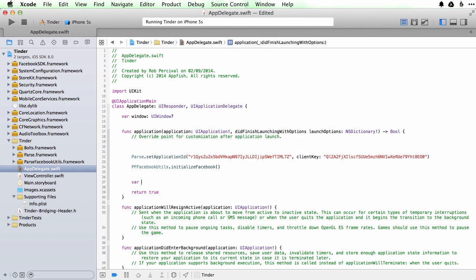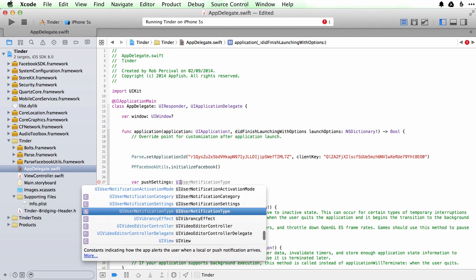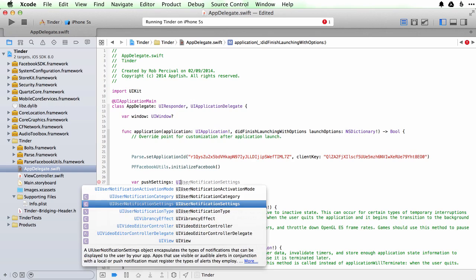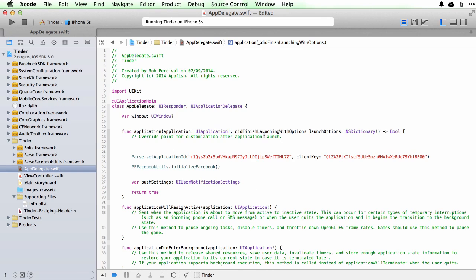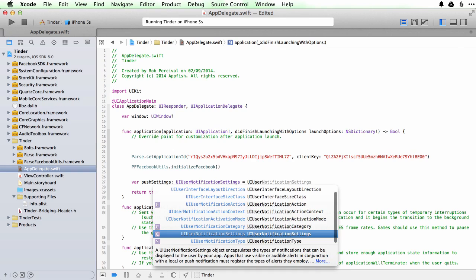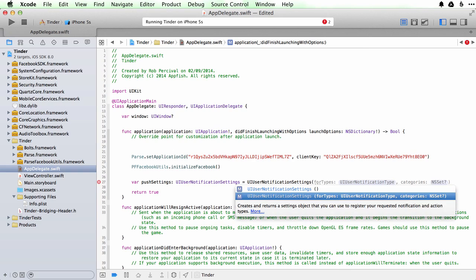And the first line, we're going to create a variable called push settings, which will have a type of UIUserNotificationSettings. And this is going to be equal to UIUserNotificationSettings. And we're going to